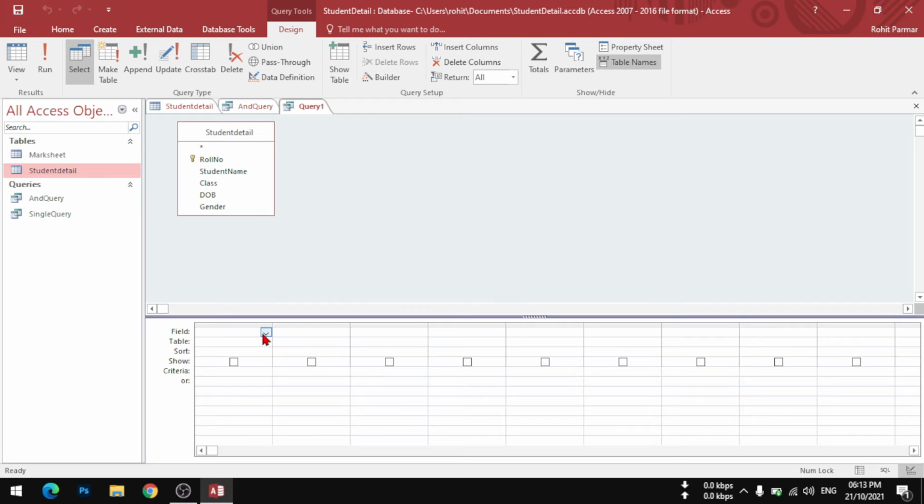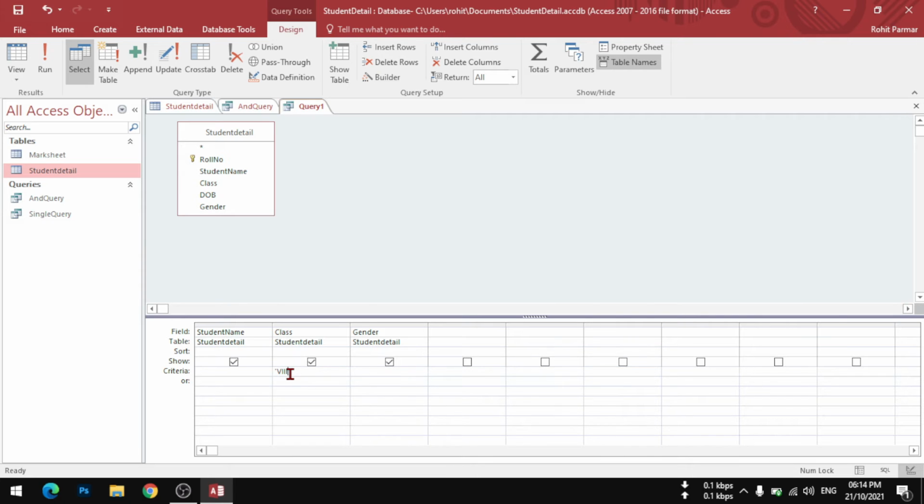Now here again we'll select student name, then student class, and this one is gender. Now in OR criteria it will not be on a single line. We type one criteria on the criteria line, and another one we type in the OR line, where the OR option is there.